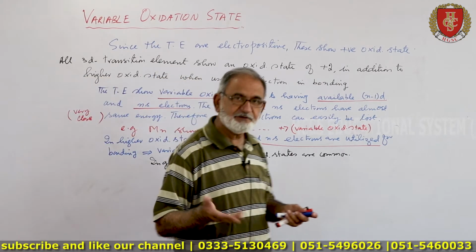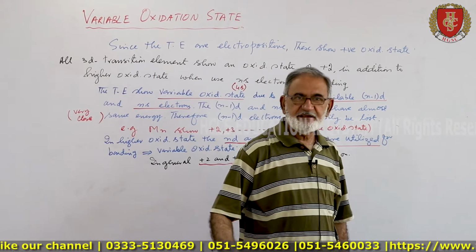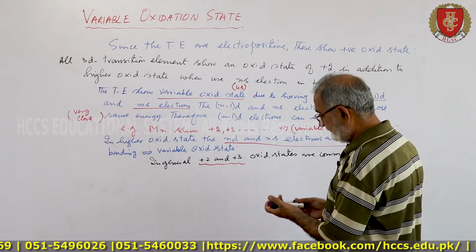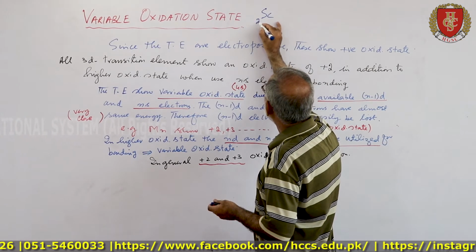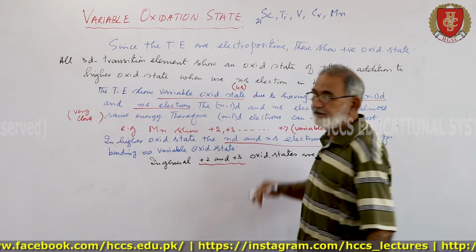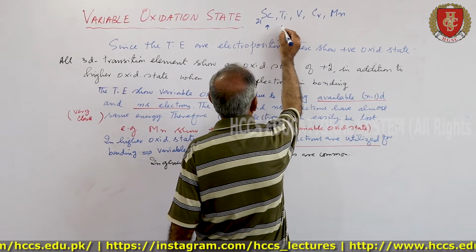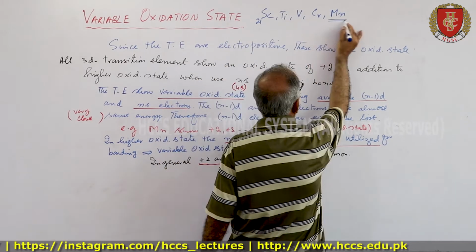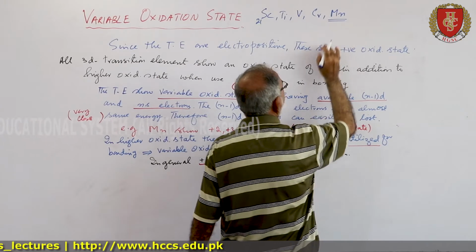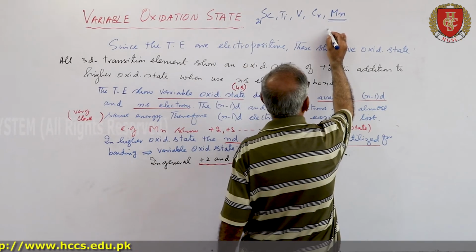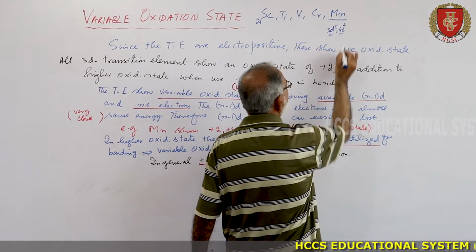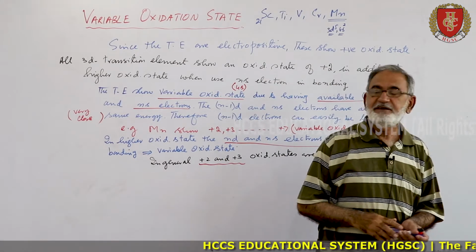Now we can also explain by drawing their electrons in the valence shell. Now the series is scandium, titanium, vanadium, chromium, manganese. The number of unpaired electrons varies. Especially in the case of manganese, this is 3d5 4s2. So when the d electrons and the s electrons are utilized,